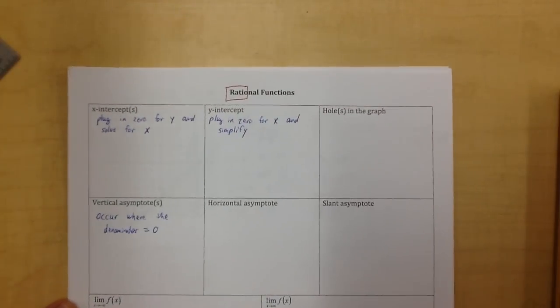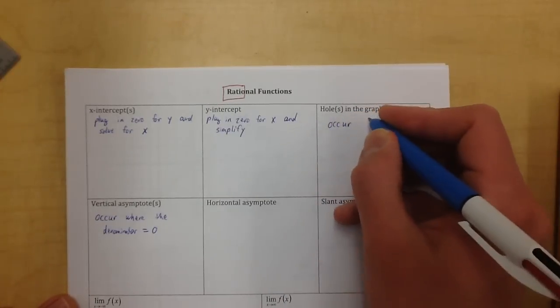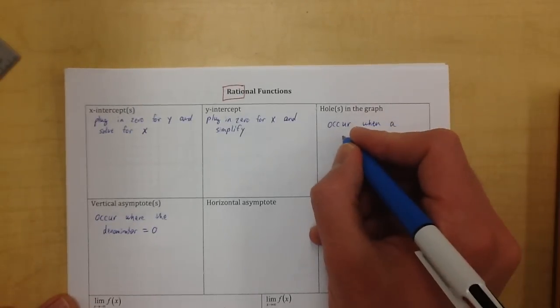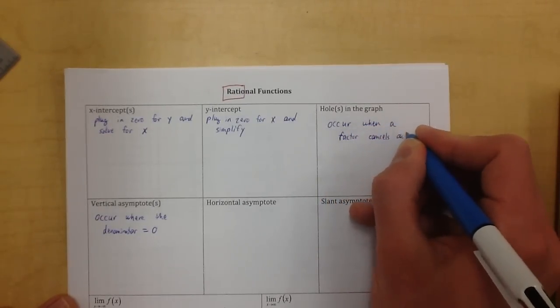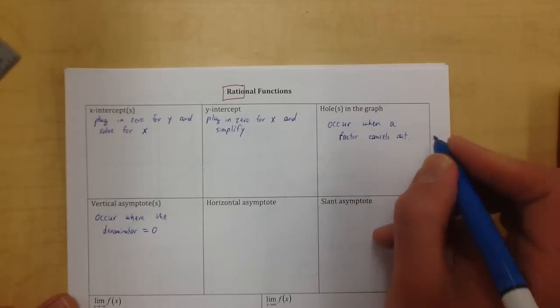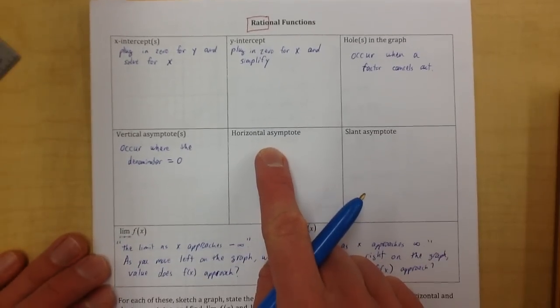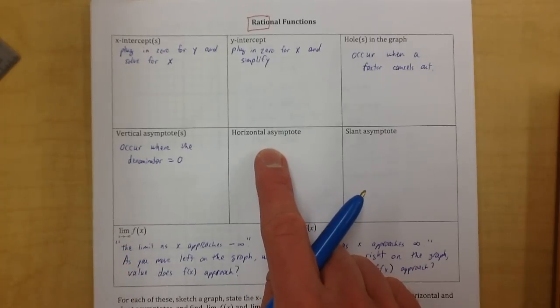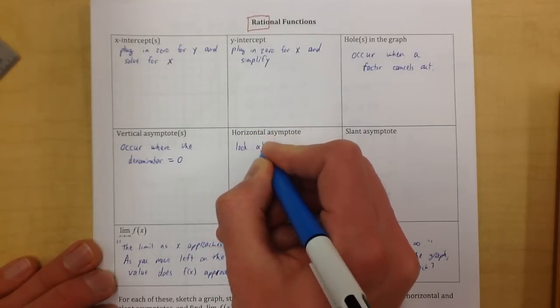Holes in the graph occur when a factor cancels out. Horizontal asymptotes will be evident from the graph. So I don't have a really good hint on this one other than look at the graph